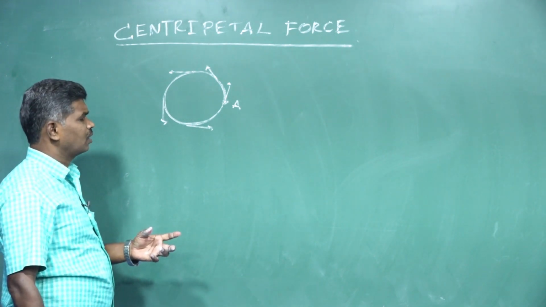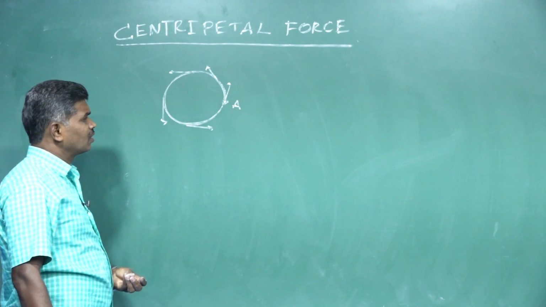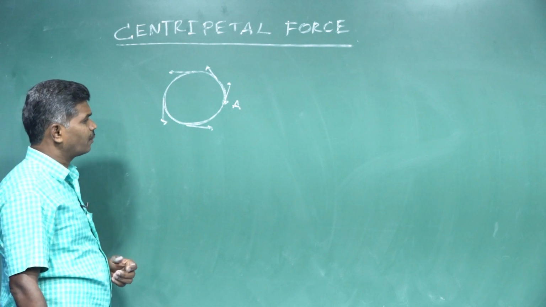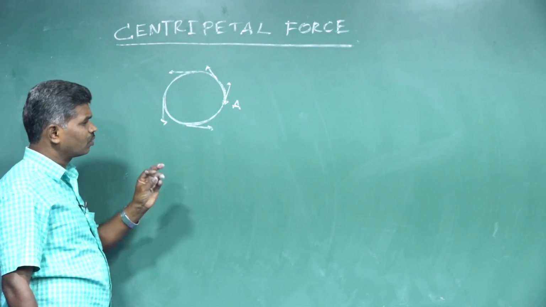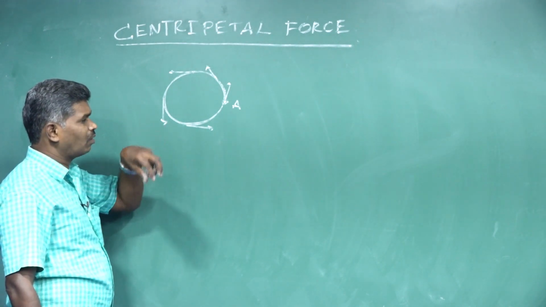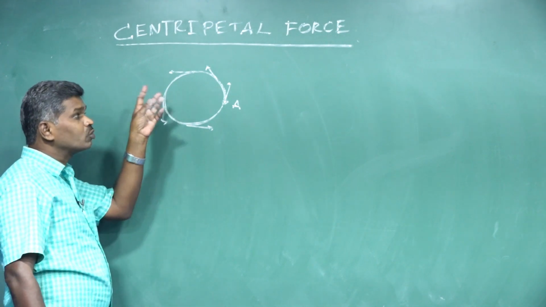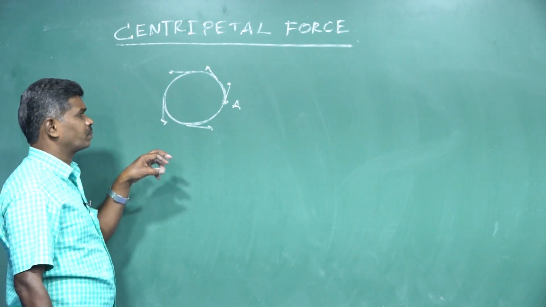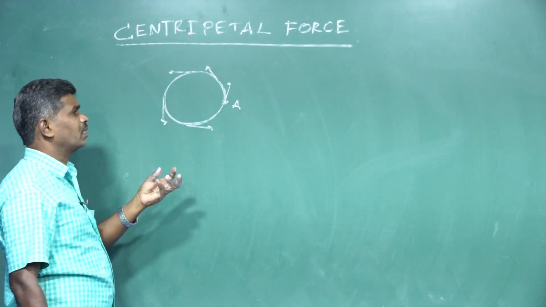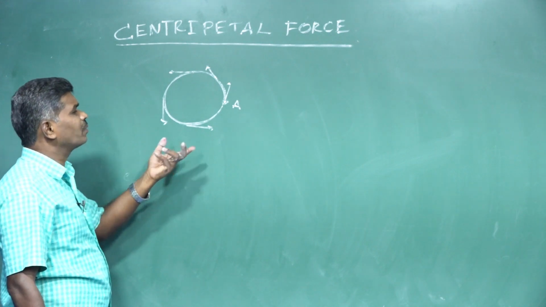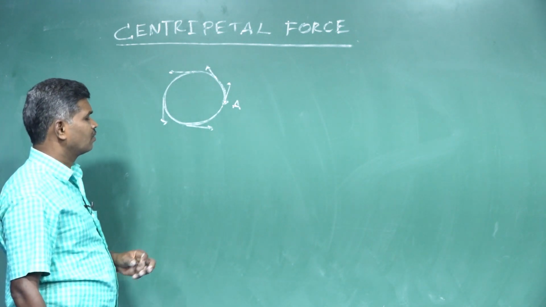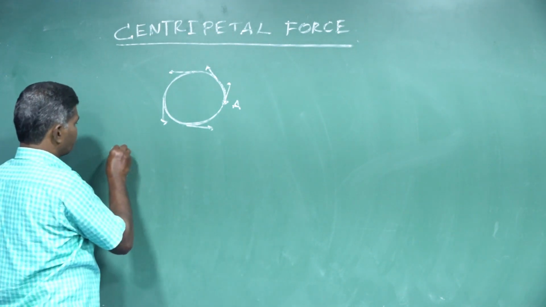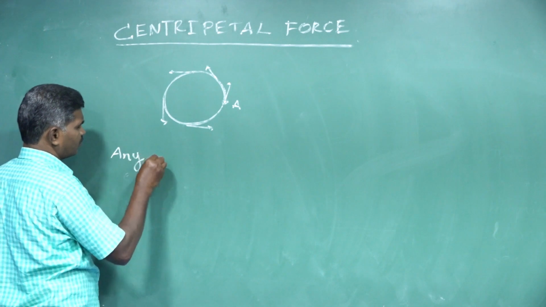That force is acting towards the center of the circular path. So that's why that force is called a centripetal force. It is the force which acts on an object when the object moves in a circular path. At that time, that force is called a centripetal force. So we can define the centripetal force as follows: any particle or any object